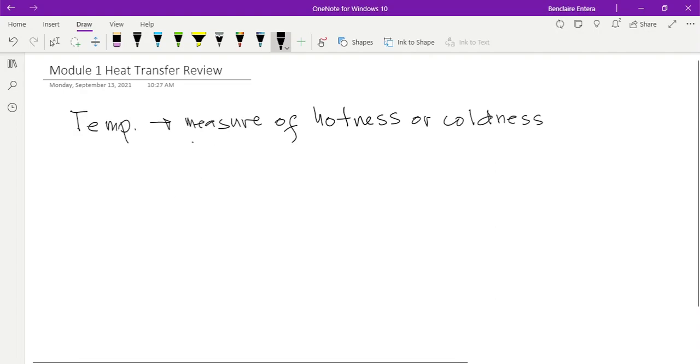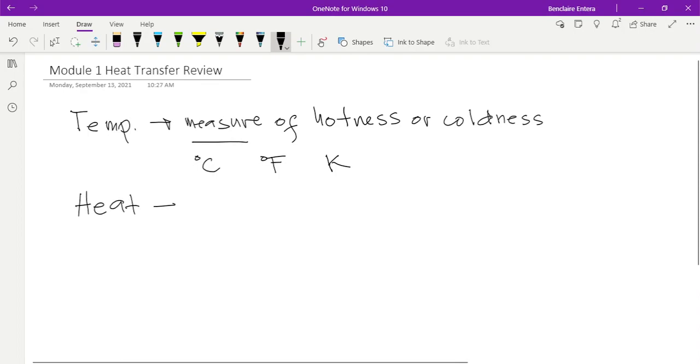Because it's a quantitative measure, you have temperature described in terms of numbers and then the units. And you are familiar with the Celsius, the Fahrenheit, and the Kelvin temperature scales. So temperature is a quantity that describes hotness or coldness of a body,